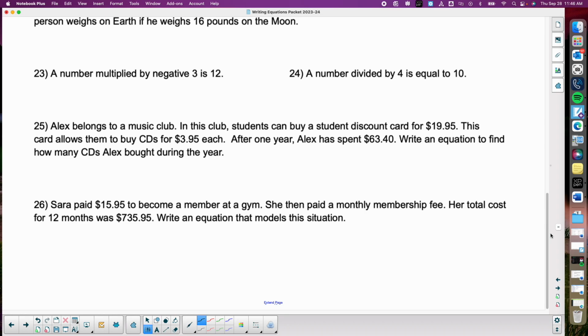So think of that as like if your parents are probably members of Sam's or Costco. You have to pay to be a member to Sam's or Costco. So that's kind of the same thing. So that's like a membership fee. This card allows them to buy CDs for $3.95 each,